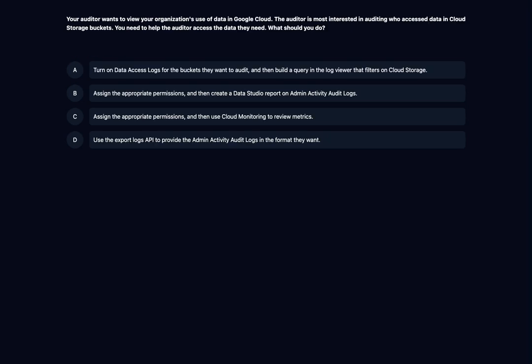Your auditor wants to view your organization's use of data in Google Cloud. The auditor is most interested in auditing who accesses data in Cloud Storage buckets. You need to help the auditor access the data they need. What should you do? A. Turn on data access logs for the buckets they want to audit, and then build a query in the log